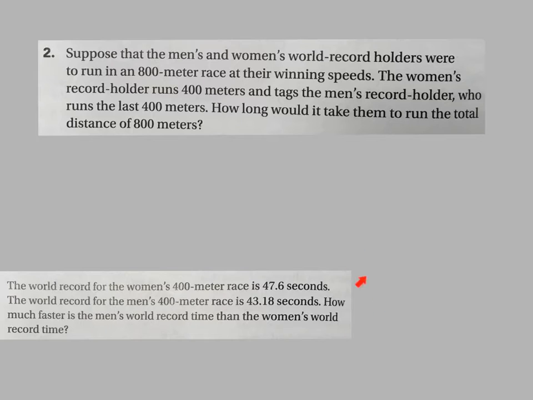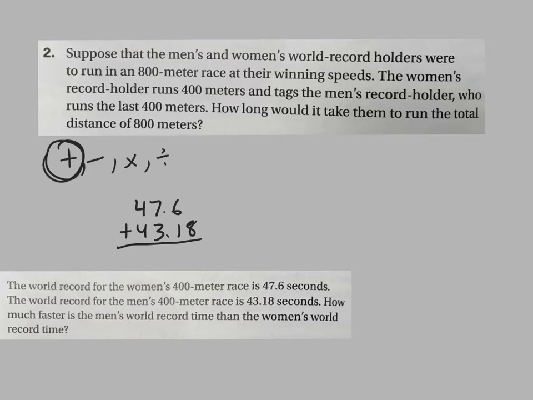Well, if you remember from the original question, would you add, subtract, multiply, or divide to find out how long it would take them to run the total distance of 800? 5, 4, 3, 2, 1. Wouldn't you add? You would add the woman's 47.6 to the man's 43.18. Remember to put a 0 in there to find the total. Let's